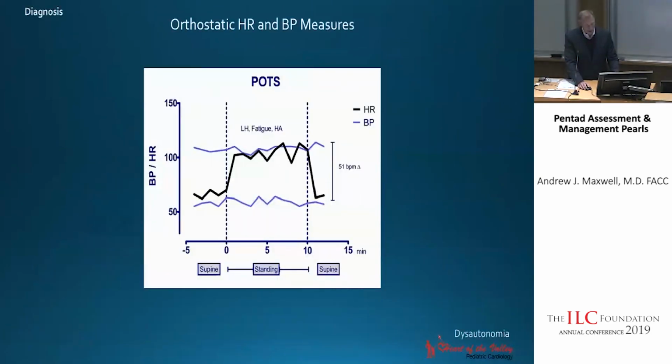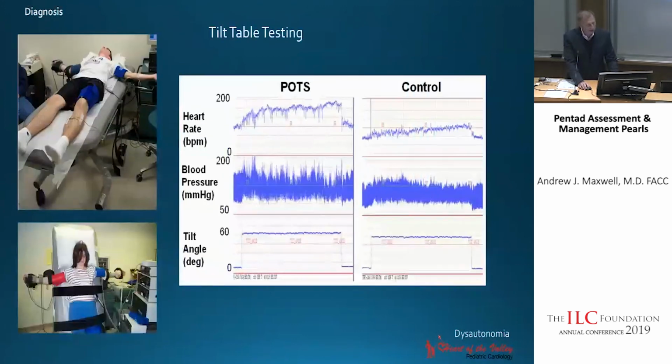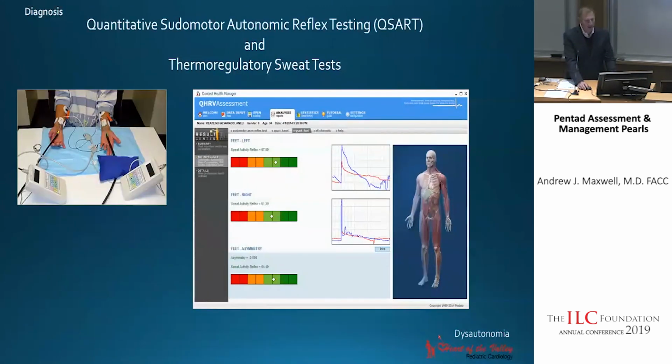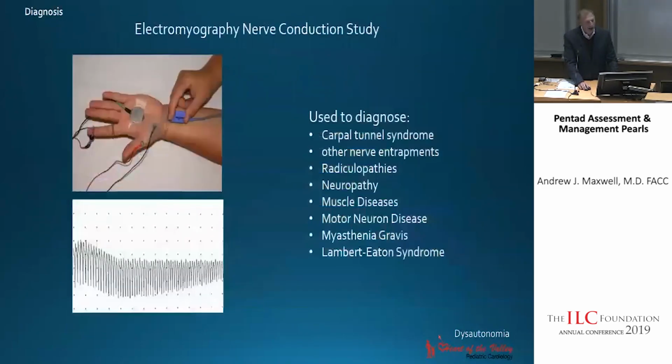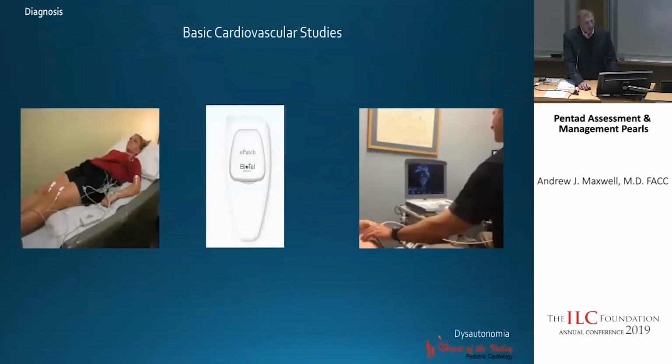You've seen how we do the lying, sitting, standing blood pressure and heart rate. You've heard about tilt table testing. Perhaps you guys have heard about QSART as a test. I don't do that a whole lot. My neurology colleagues do this more. Electromyography is another thing that the neurologists often do. But what I do, yes, EKG, yes, sonogram, but I put on this thing called a